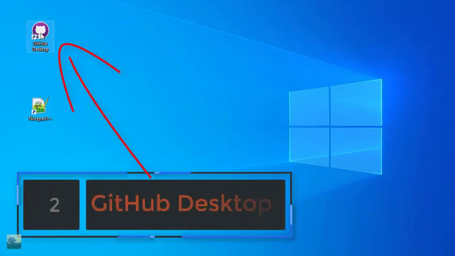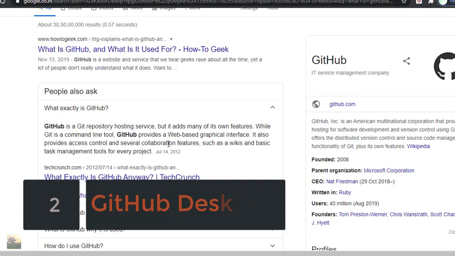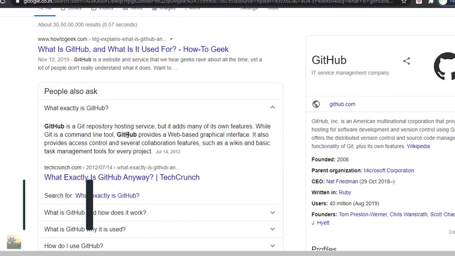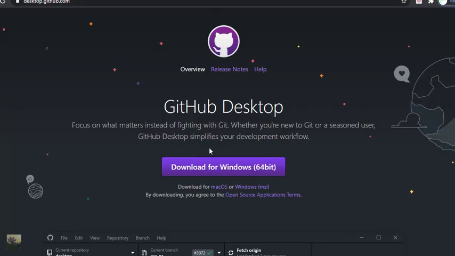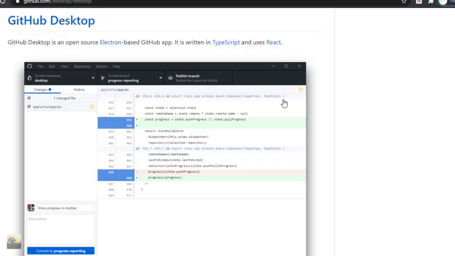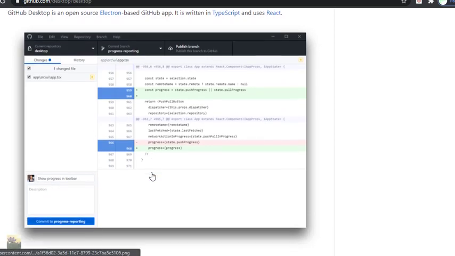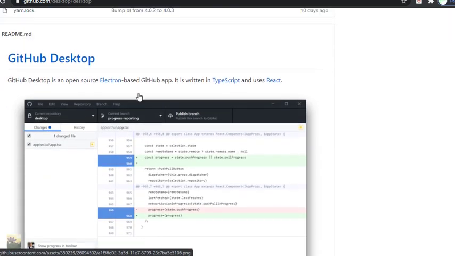And the second software is GitHub Desktop. We as students use it because it is very easy, intuitive and simple to handle. It is a code handling service based software, and it can also be used online, simply by going and logging into that website, or you can type it in Google and simply download it for the 64-bit version of Windows or Mac. It is open source, as you can see here, desktop.github.com. If you want to know more about GitHub, you can simply use this link, github.com/desktop.